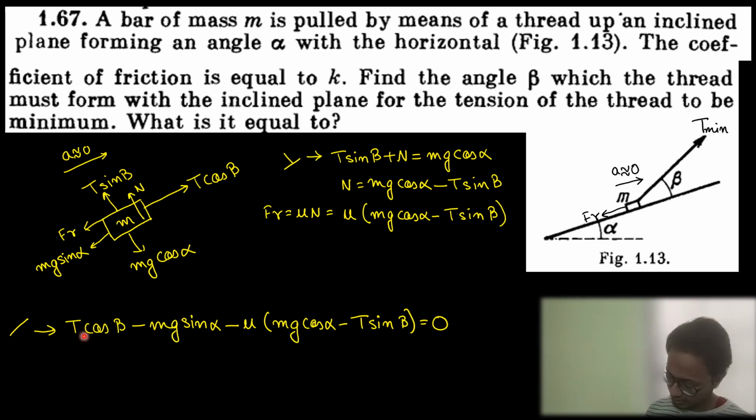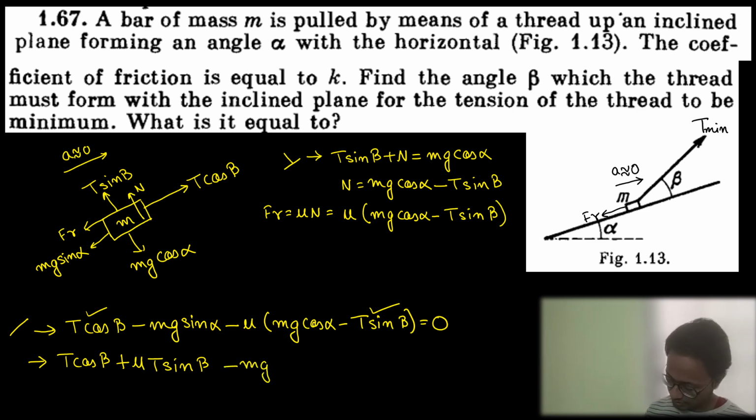So let's make this neat and clean. Out here, I have to isolate the value of T, because I have to make T minimum. I have to make the value of T minimum by adjusting the value of beta. I cannot adjust the value of alpha, I can only adjust the value of beta. So let's isolate T: T cos beta, this is done, plus mu T sin beta, this is done,